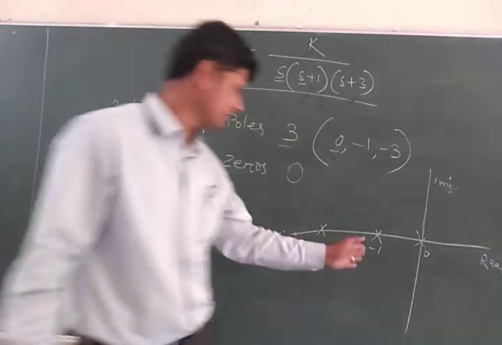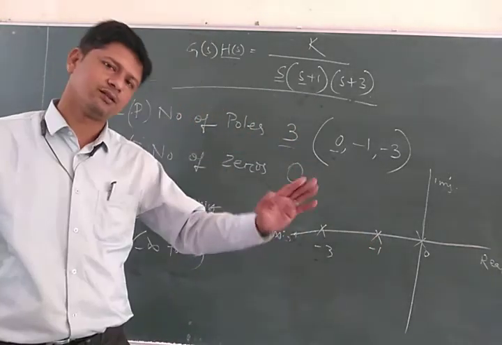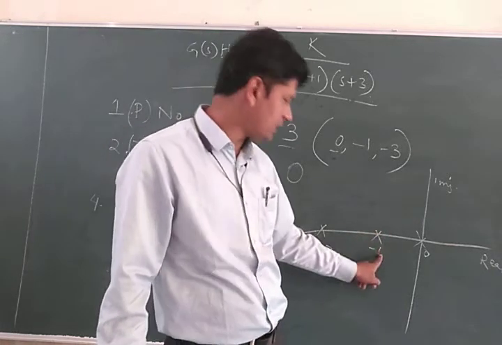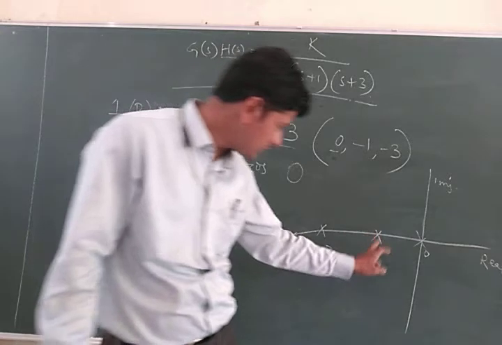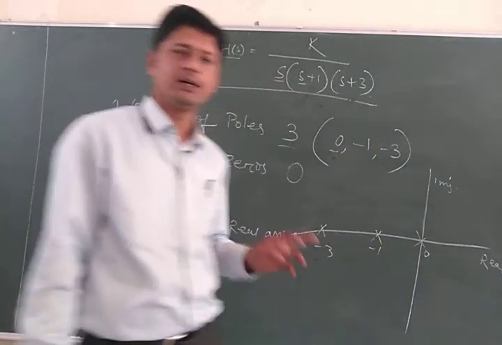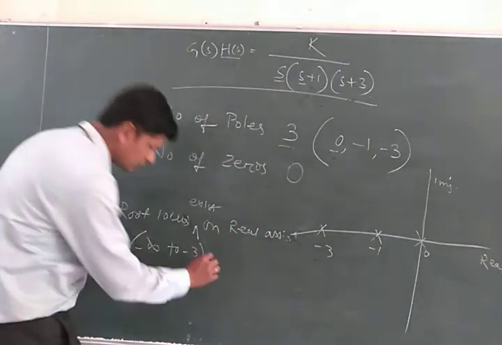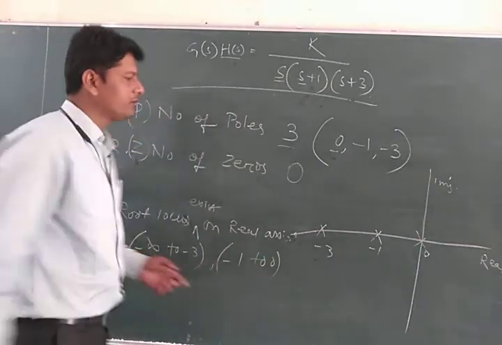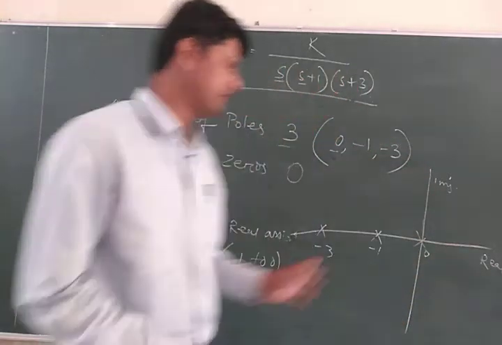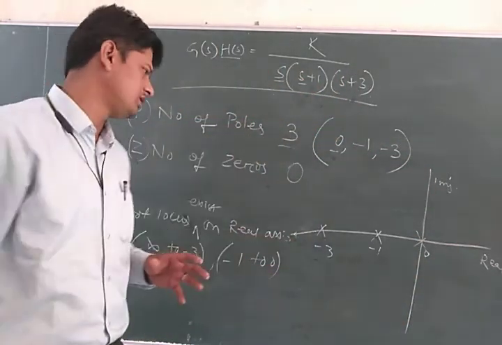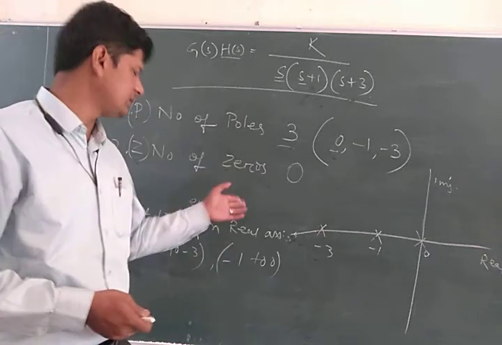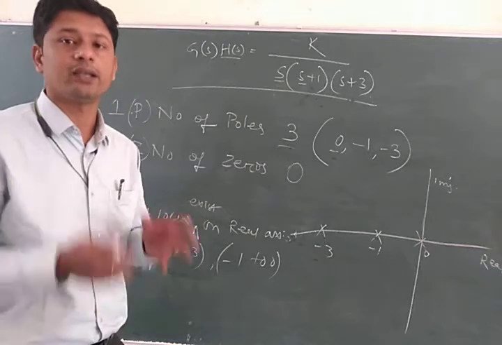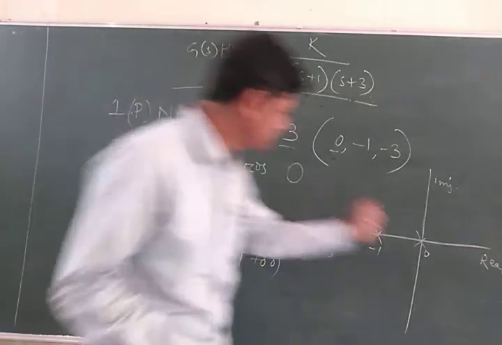When I reach -1, 2 poles are omitted, not to the right but now left. So the total number of poles and zeros to the right of this section becomes 1, and 1 is an odd number. So root locus exists. So the second section is -1 to 0. Whenever I reach the point 0, no poles and no zeros are present to the right of the section, and hence 0 is considered an even number, and hence root locus does not exist beyond 0.